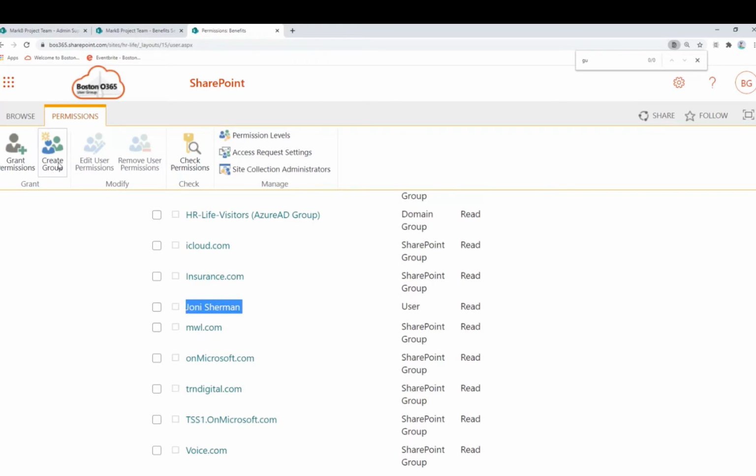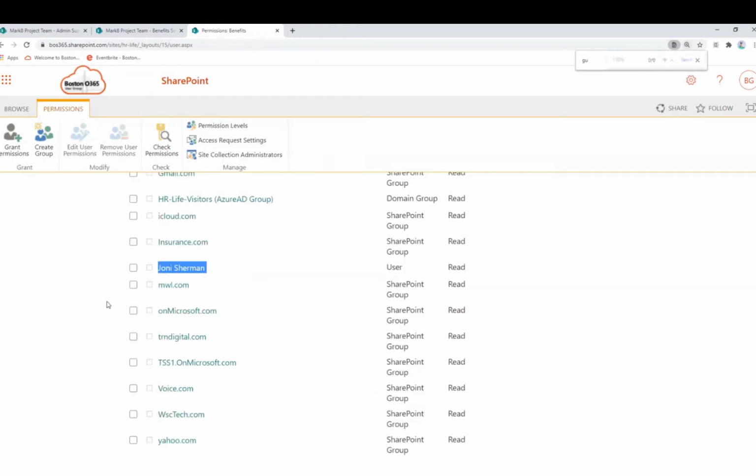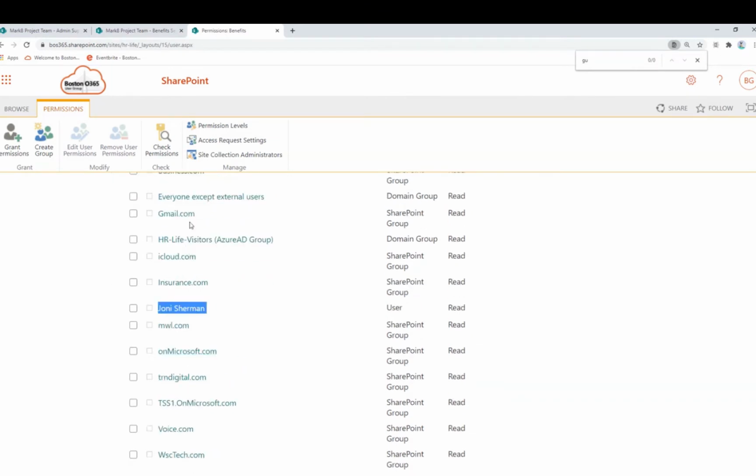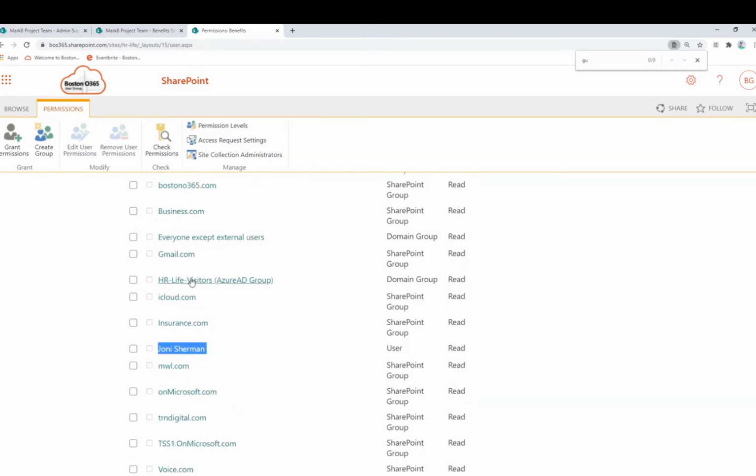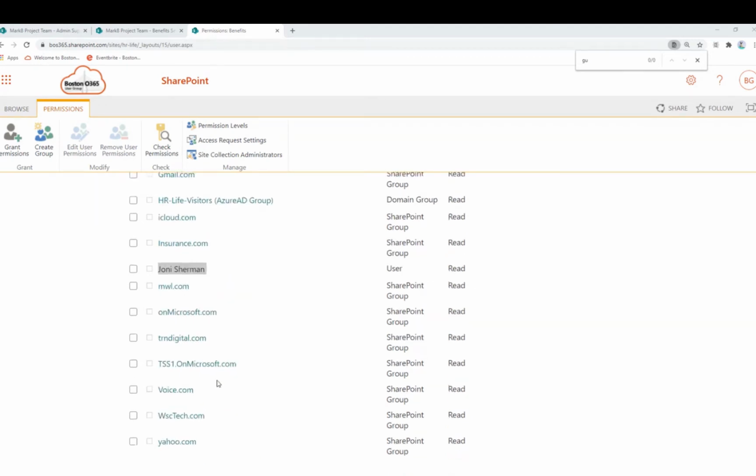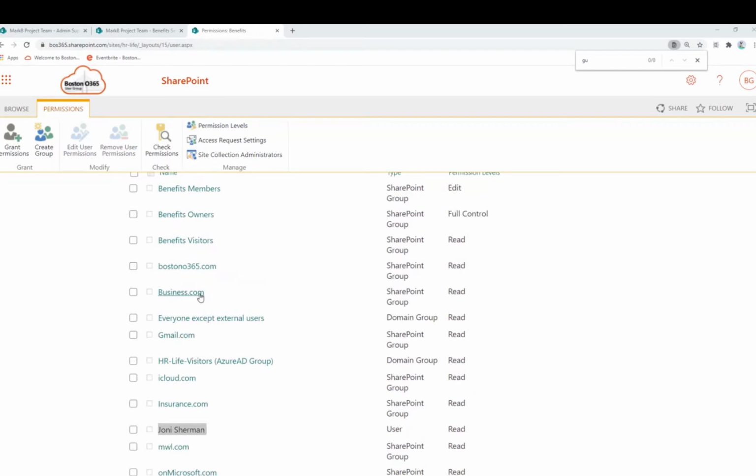So when I do an audit of a site, I have a site owner, they've been working with the site for a while, so I like to come in and do an audit and see what's going on, see how the site's secure and set up. And I'll always look for users that are loose here in the top level. And some site owners don't mind working with security groups. And so for them, I will add a security group. Typically, when I add an Azure security group, I do not add these other groups. Typically, I have to go one way or the other. I just put them both here for demonstration purposes.